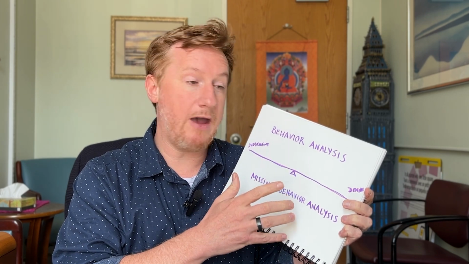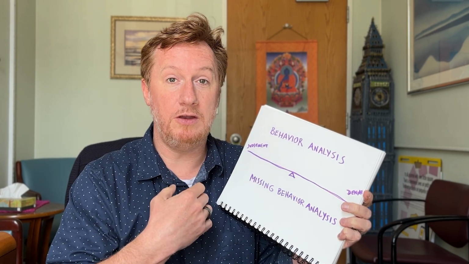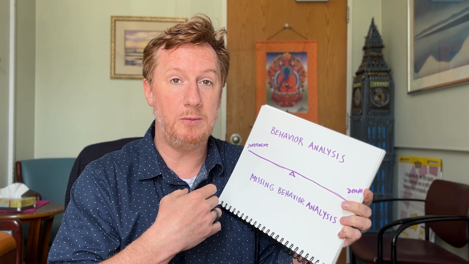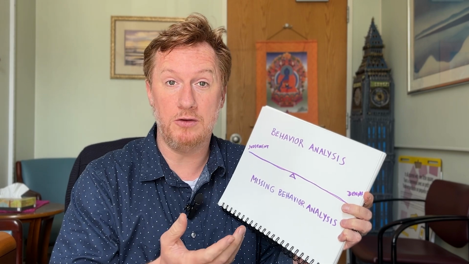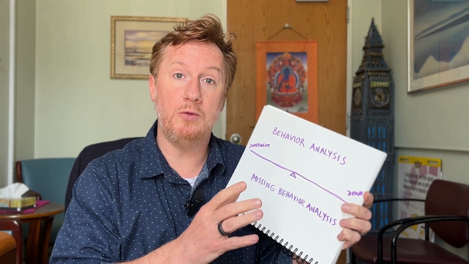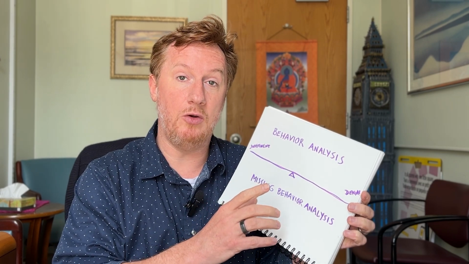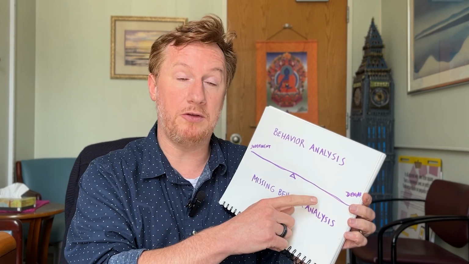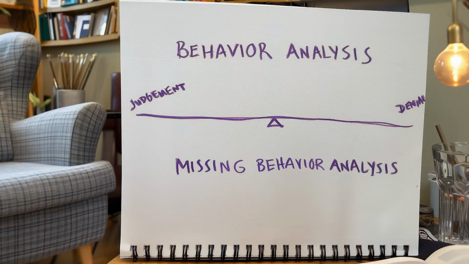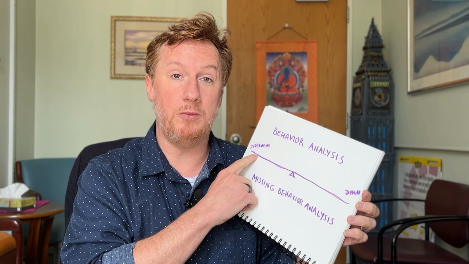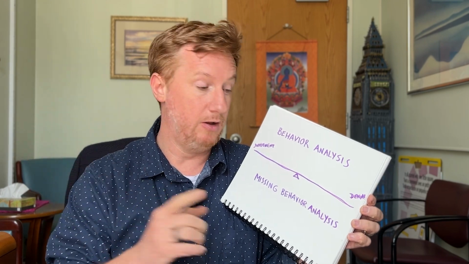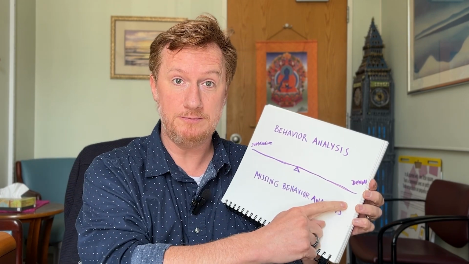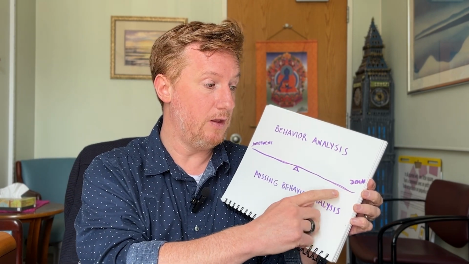Before you really have these skills internalized, and for those people who had caregivers who did this naturally, you might already have this somewhat internalized. But for people who don't, what tends to happen is that they go to one or both extremes of having a lot of judgment or denial in regards to their behavior. They judge their own behavior super strongly, or they just are in denial and don't think about it, or they oscillate between the two, which is very common.